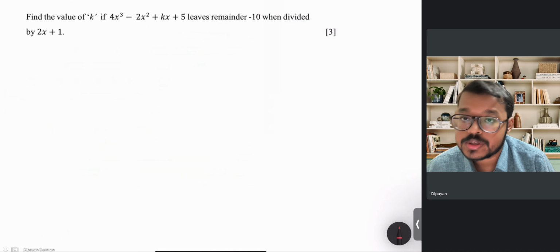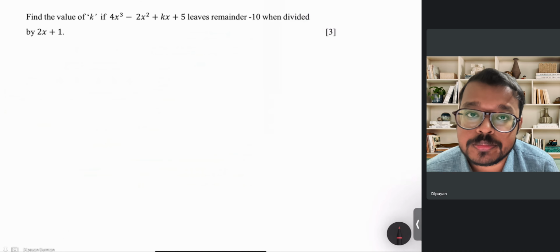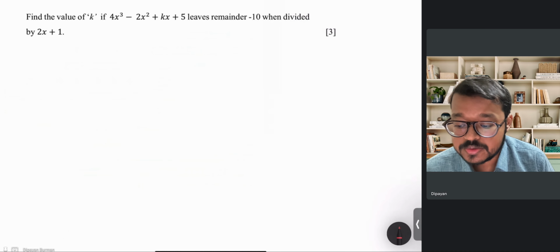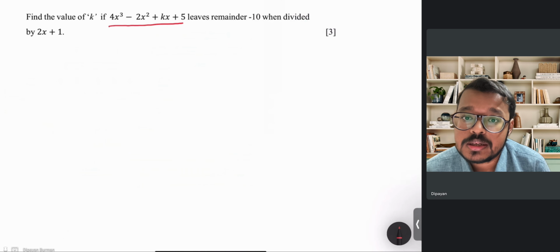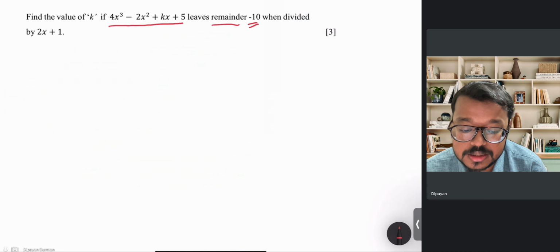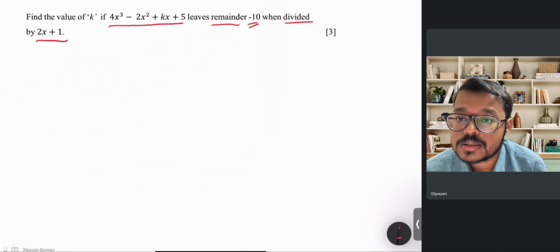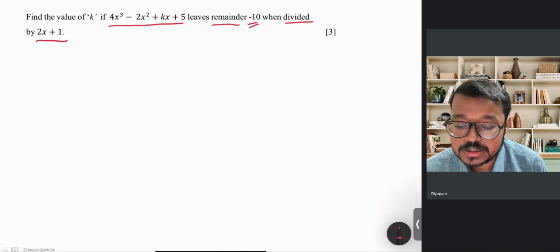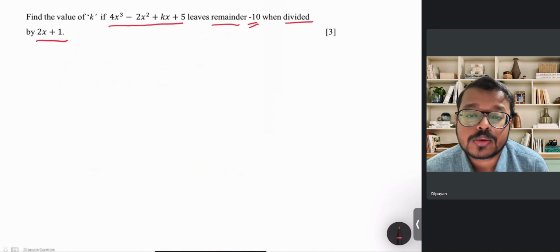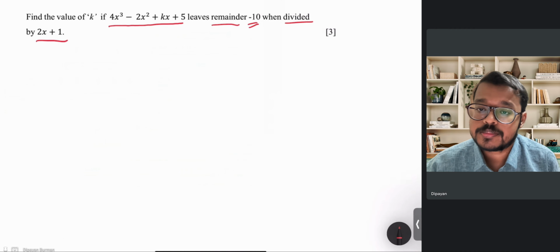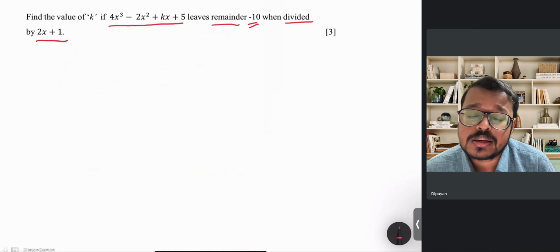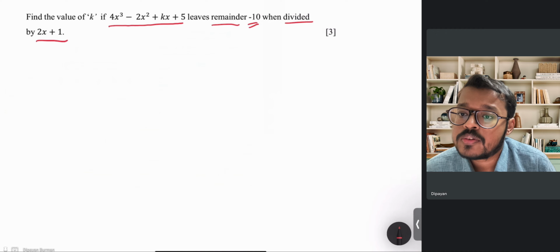Let's solve some more questions based on remainder and factor theorem. These are questions from previous year's papers. First question is, find the value of k if this cubic polynomial leaves remainder minus 10 when divided by 2x plus 1. So that means the cubic polynomial 4x cube, that one, is the dividend, and 2x plus 1 is the divisor. And they have told us that the remainder is minus 10, and we have to find this